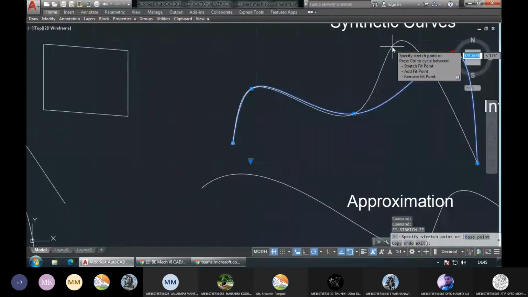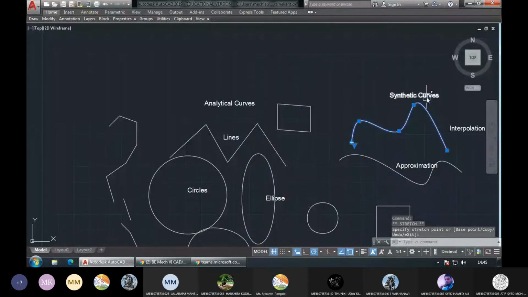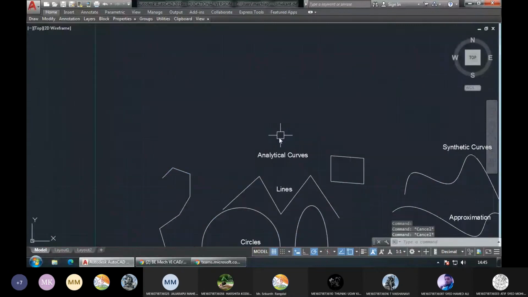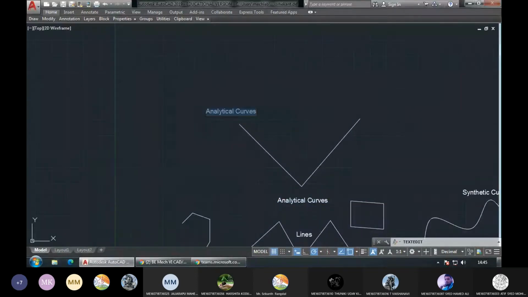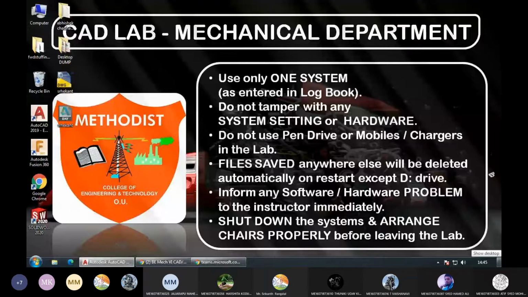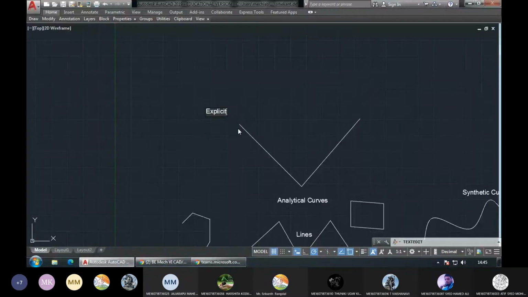So that is why it is called synthetic. Whereas these, they are called analytical. Okay. Now in analytical, again, there are two types. What are those? Explicit.